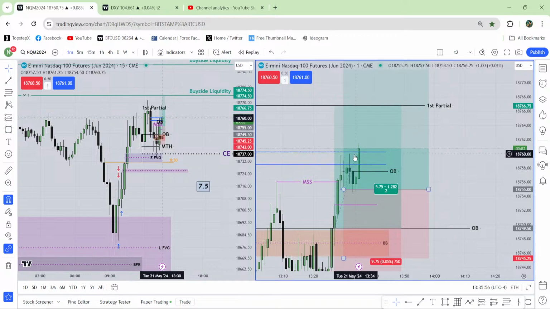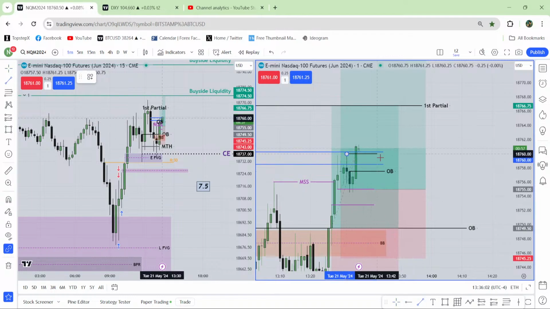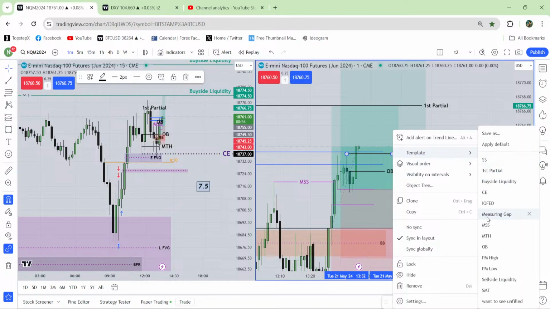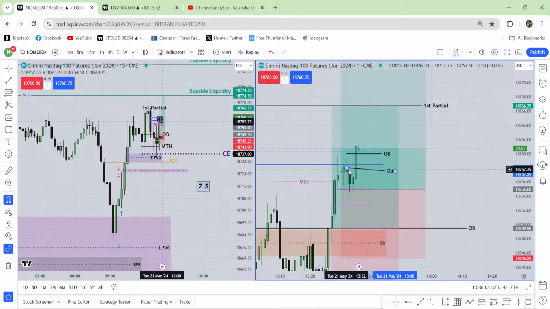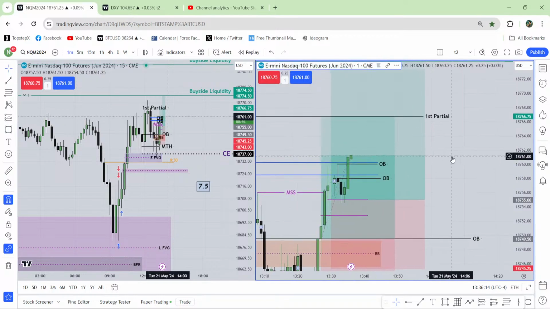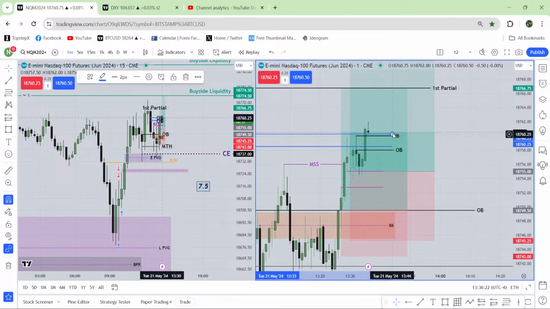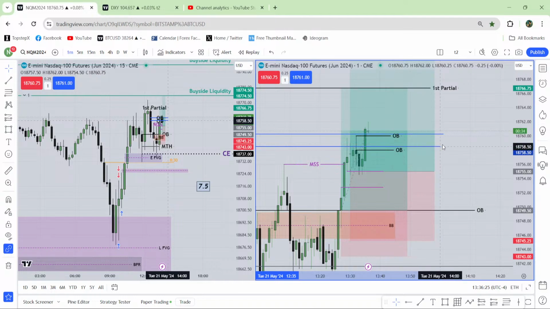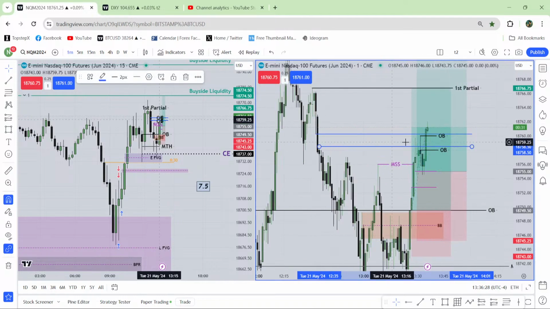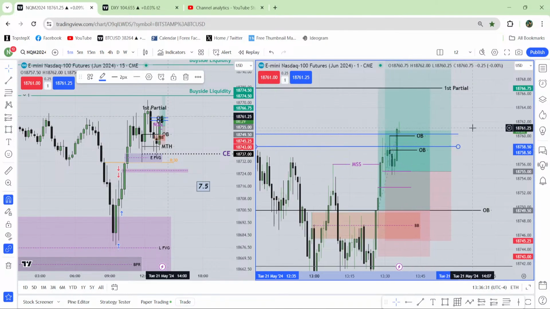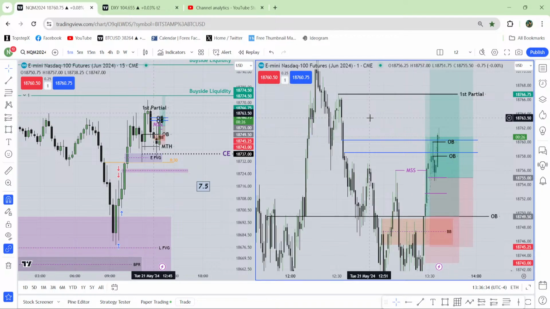By the way, if this candle closes above that high, then this is the order block real high. Here this is the order block, and these two levels are the order block level. As I told, I don't want to see the next candle close inside this parabolic gap again. That is called the fake breakout. This is the last parabolic gap from the 1-minute chart. Instead, I would love to see the market keep going higher at least until that high. It will take that high, so it will give me the partial.